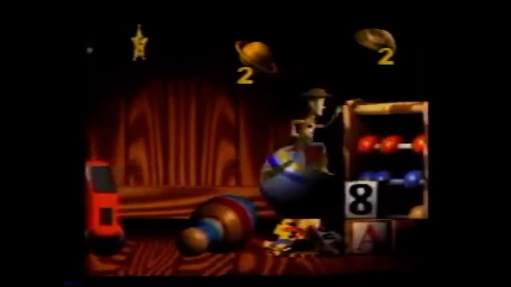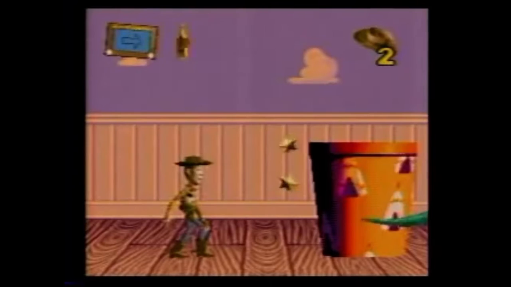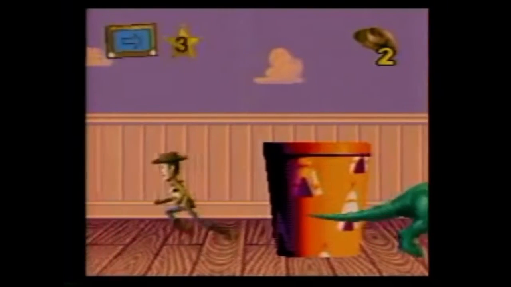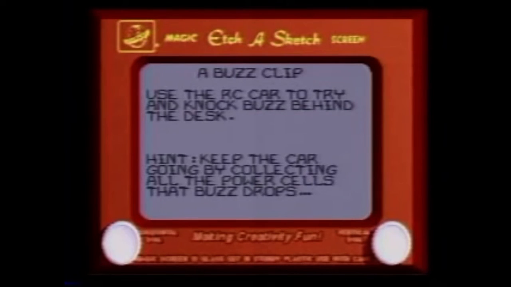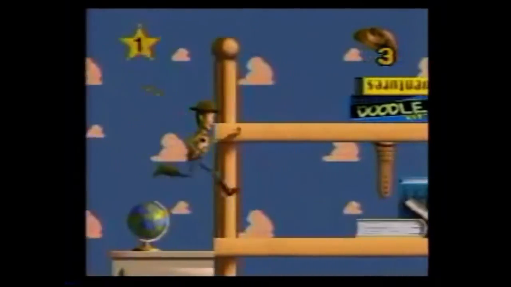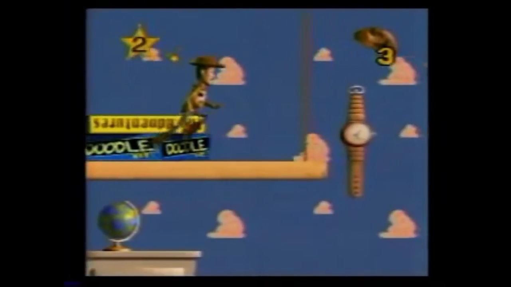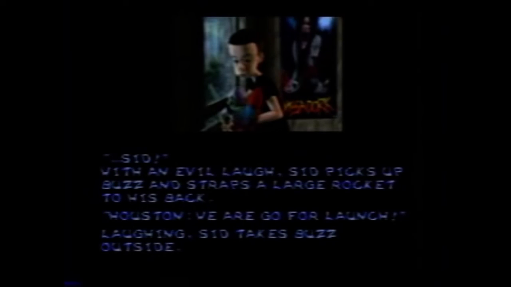As for the rest of the game, we have a few general hints for you. First of all, collecting stars helps you stay alive, so even though the task is boring, do it anyway. Second, read the messages put up by the Etch-a-Sketch before each level. It tells you what to do. Third, don't try to rush through the third level to beat Buzz Lightyear. You'll never win. After all, he is a space ranger, or at least he thinks he is. Lastly, we recommend seeing the movie first so you don't have to read all the boring text in between the